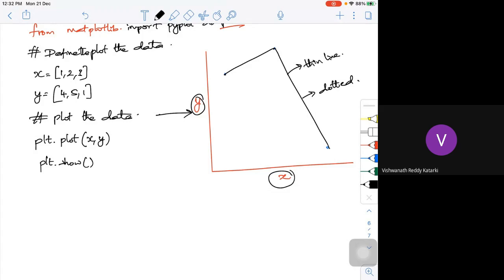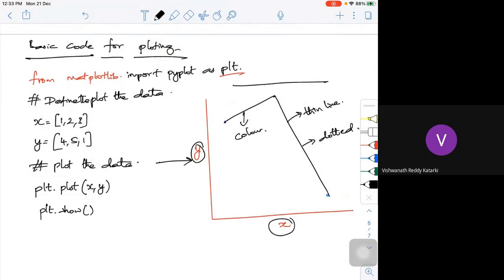I can do that. Say instead of the default blue color, I want to change the color to red, black or green. I can do that. Or I want to show the title of this particular thing. So plt, I can show the title. Maybe I want to name the title somewhere here, title this graph. X label, Y label, I can do. And I want to show some kind of a legend here, I can do that.